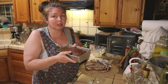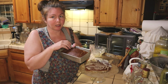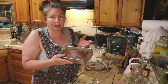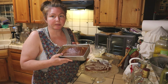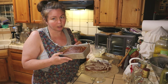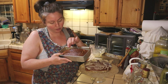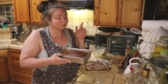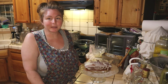And you can make any other types of bread with this. You can put banana. This is the same way you make banana bread. So, carrot cake, same thing. Carrot bread. You just substitute your fruits. So instead of pumpkin, you do carrots, and then instead of carrots, you would do banana. I don't put nuts in, but most people put nuts in. I like nuts, but my family doesn't. So, and there you go. That's how you make